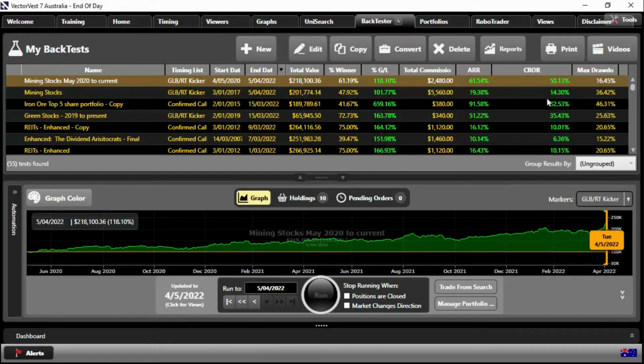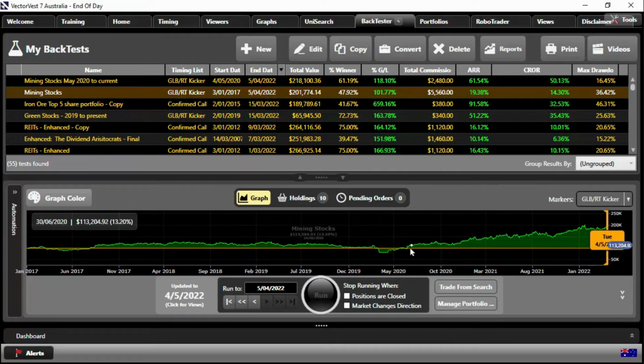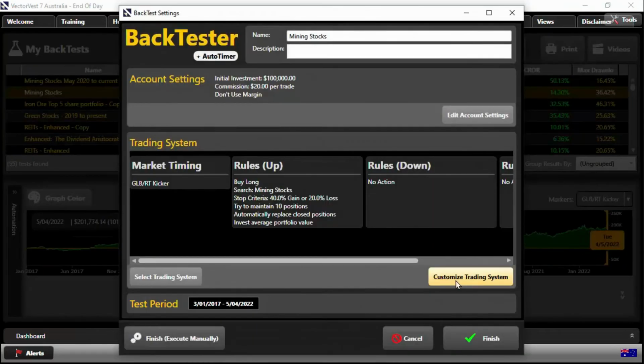And look how smooth it is. The drawdown, the most it's moved from a peak to trough cycle, has been 16% as opposed to 36%, back from 217 through to the 5th of April. So you can see the volatility started to dry up and the returns have really started to rocket up around about April, May 2020. So I'll show you the settings here, exactly the same settings.